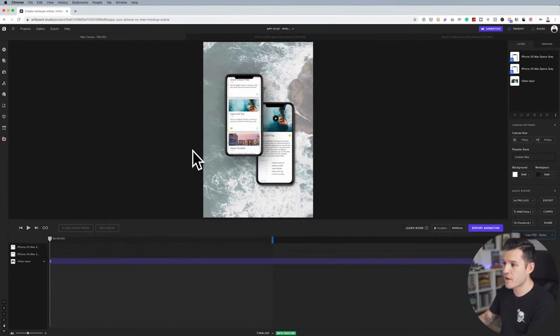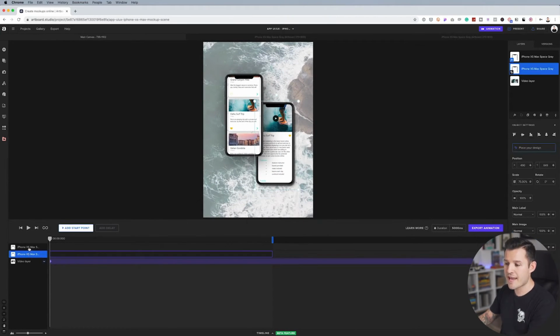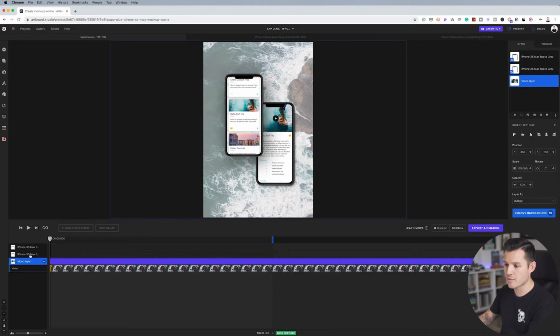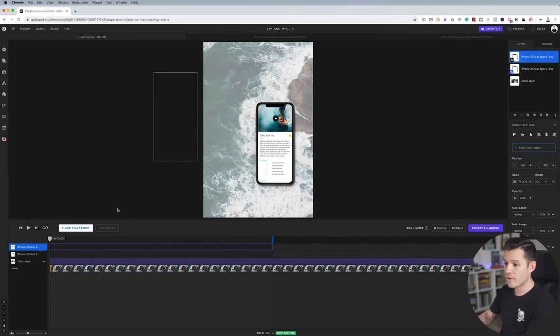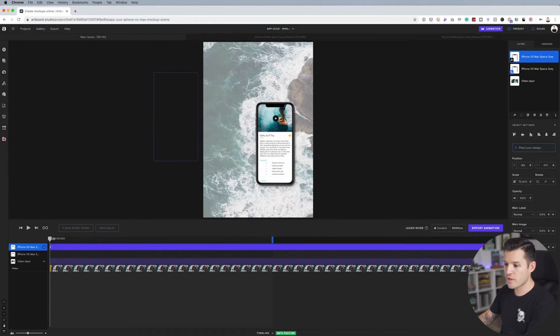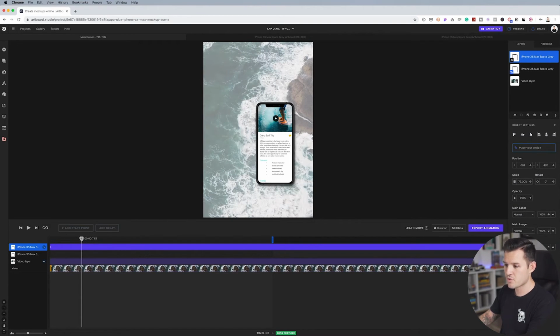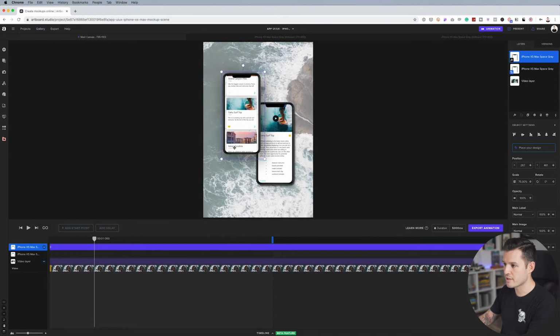It's gonna shrink down what's happening on my canvas, and then I can actually click on each of the individual elements. I can click here in the timeline or up here still in the layers panel, and it's going to access it down on the timeline anyways. What we can do is we can move this thing off canvas, we can add a start point, and then we can move this ahead. Maybe let's do 1 full second, right there at about 1 second, and then we're just gonna move it into